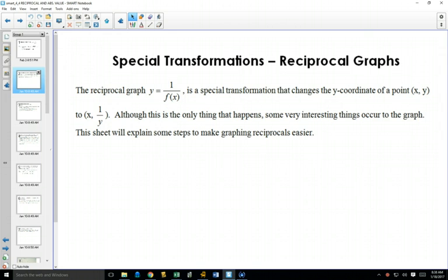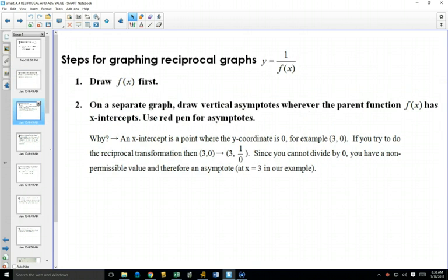So I've set it up into a number of steps for graphing it. First of all, you would draw f of x first. So whatever the graph is on the bottom, you'd use your regular transformations to graph that. And I've got a number of examples that we're going to go through that are going to help you see that. Then on a separate graph, and sometimes they allow you to do this even on the same graph on a final exam,